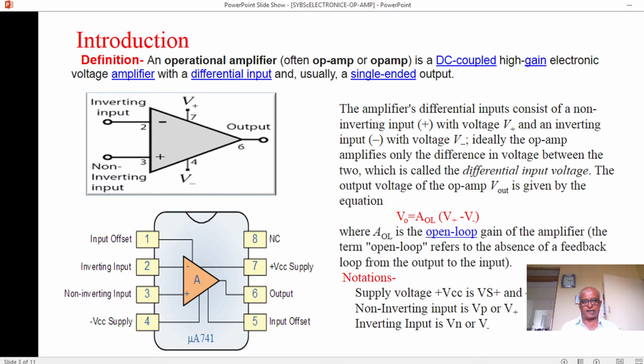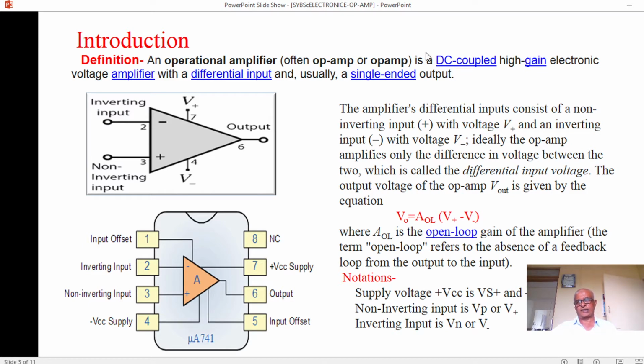So in this case, let us start with this op-amp. So amplifier is a circuit. Amplifier is an electronic circuit which increases the signal strength of the input signals, and the operational amplifiers are the amplifiers which are used for doing some mathematical operations like addition, subtraction, multiplication, division, etc.